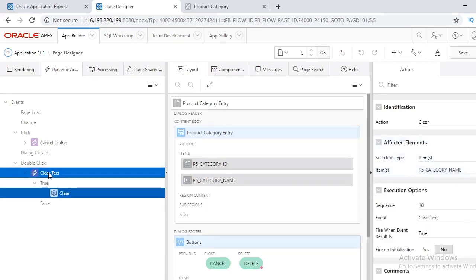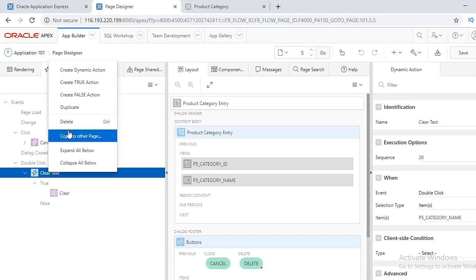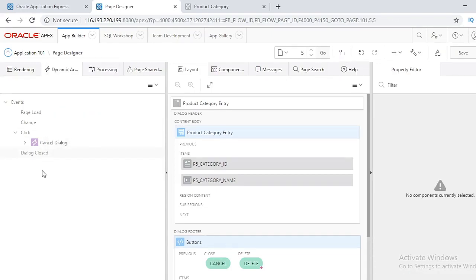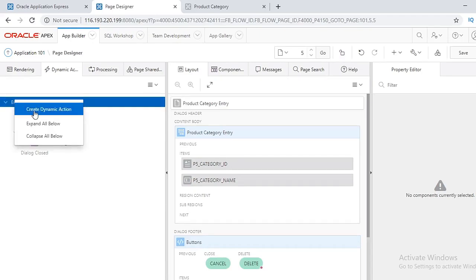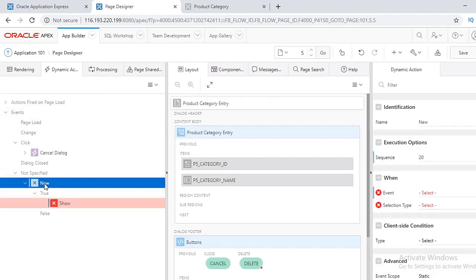I am deleting this dynamic action to show you from the beginning. Right click on event, create a dynamic action, change the name to clear text. When, and when properties: the event will be double click,